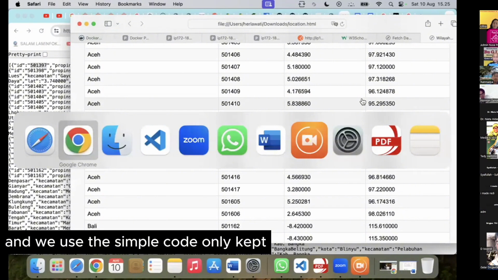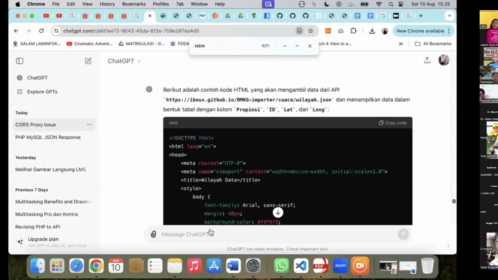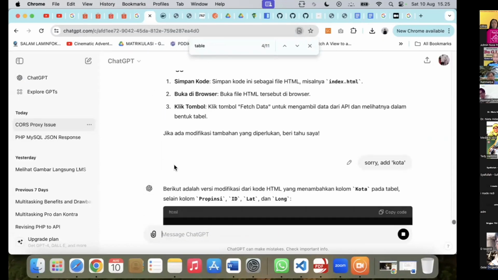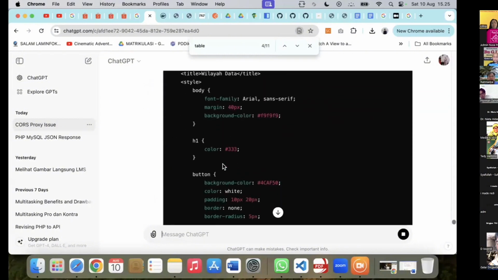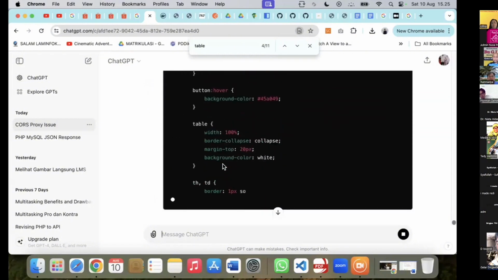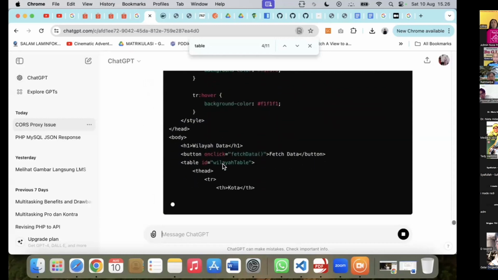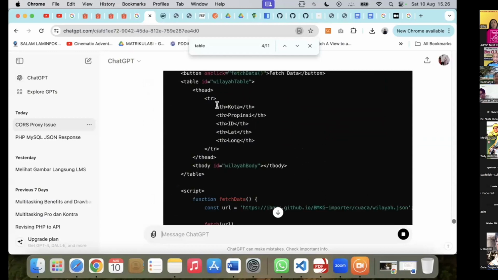We use simple code to only get province ID, lat, long, or maybe we need kota too.